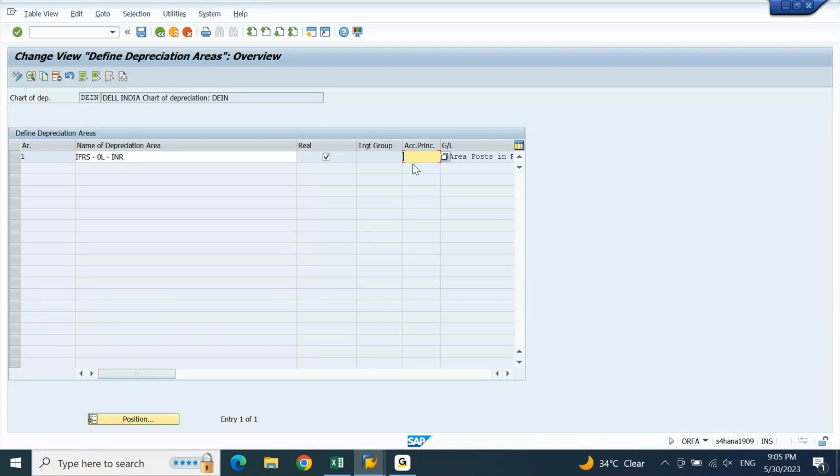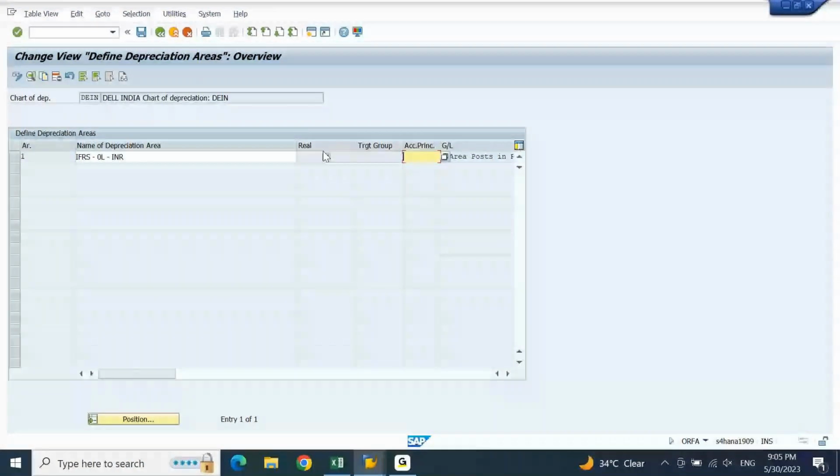Now, IFRS 0L INR is used for leading ledger or non-leading ledger? Leading ledger. Now, whenever you're talking about leading ledger, according to your asset accounting in S/4HANA, your ledger must represent an accounting principle. For your leading ledger, which accounting principle are we using? IFRS? Yes, sir. Right?